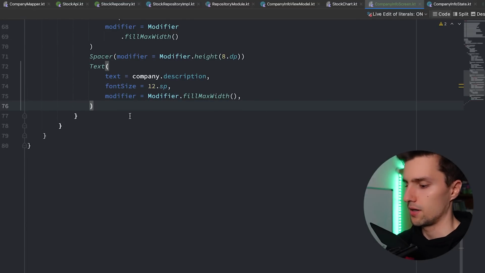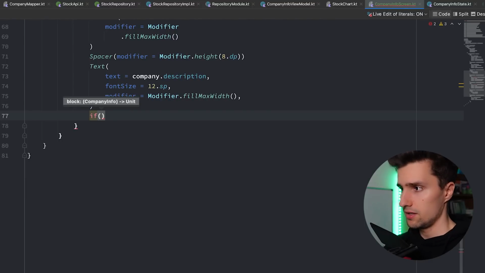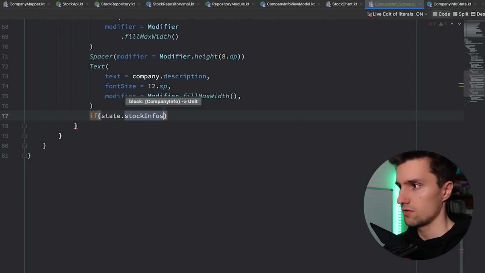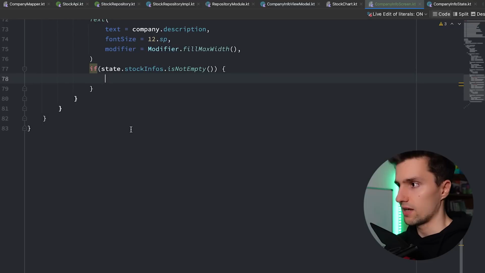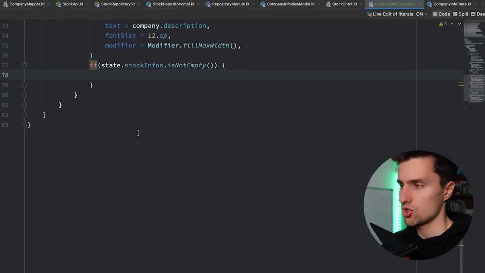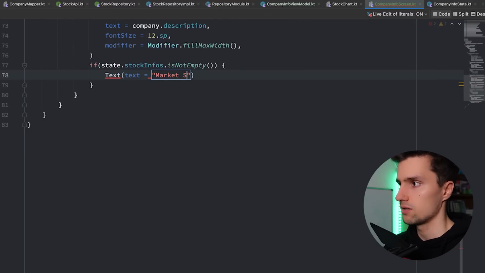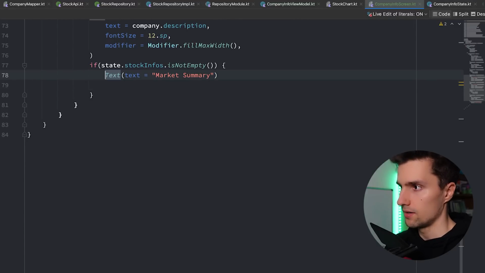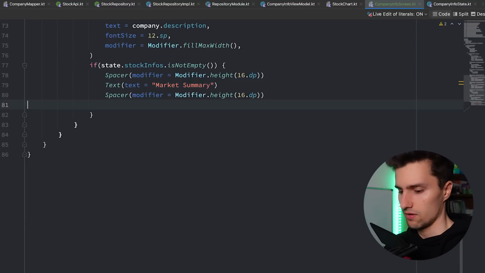And now comes the exciting part, our stock chart. So if the state stock infos is not empty, so if we have some entries in the intraday info list, we want to show the stock chart. First of all, we want to show the text market summary and actually have a little bit of space before. Let's set it to 16dp. Copy this, paste it below, have another 16dp of space, and then we can actually say we have our stock